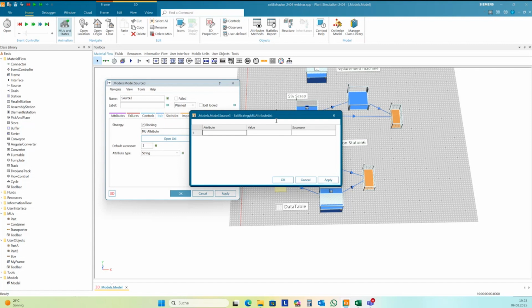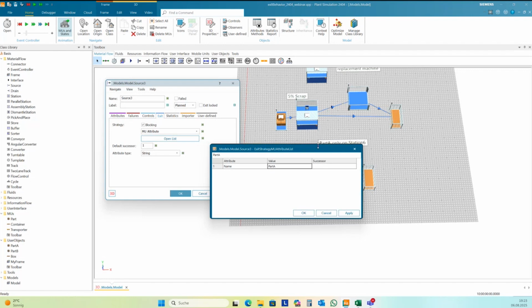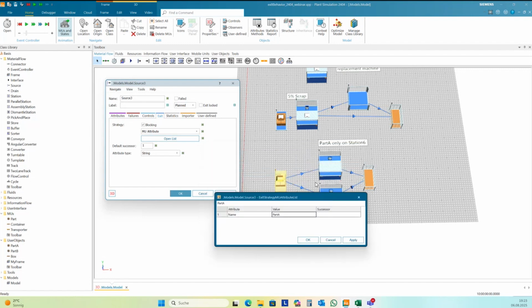In the open list, you need to specify the attribute. The attribute is name. And if the value is part E, then it should go to successor number 1. And if it's part B, then it should go to successor number 2.